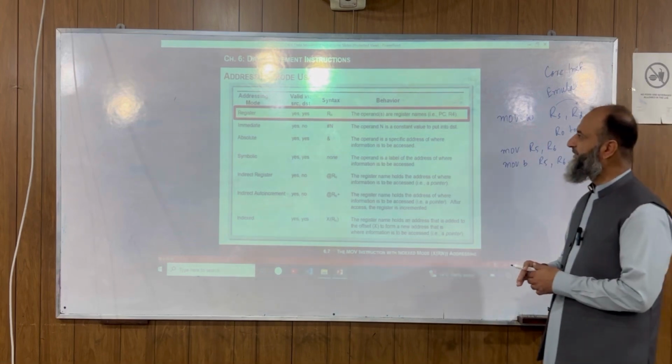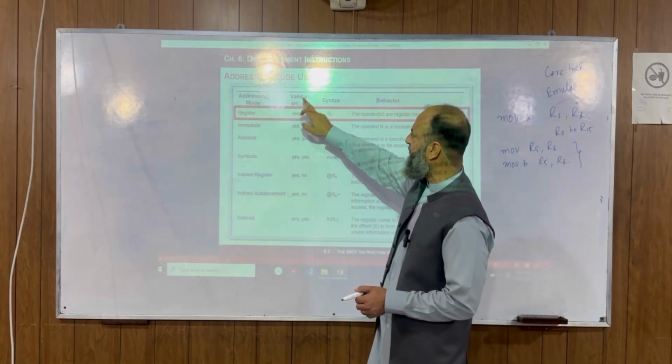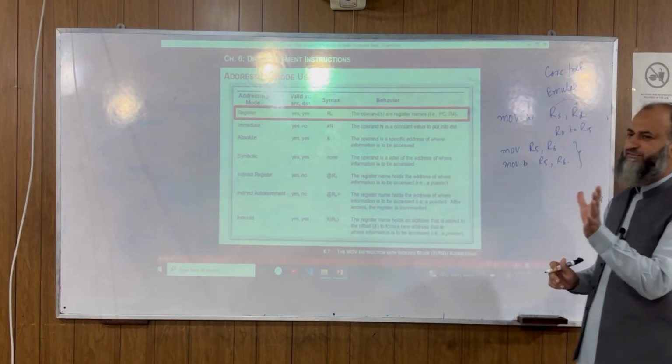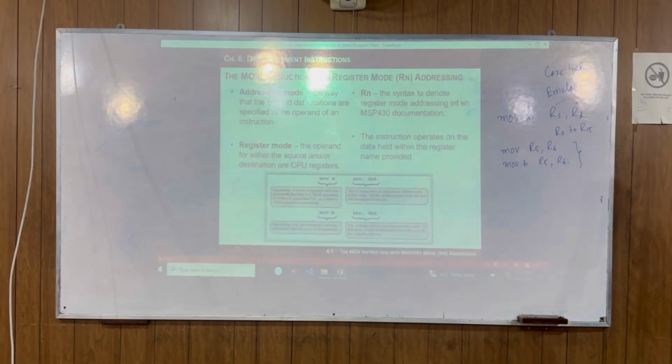That's why it is said to be a register addressing mode. So this is the addressing mode usage register. So register to register it can be moved here. ये तो एक simple सी instructions है. We don't have much time to spend on this. So we haven't that kind. Next one.